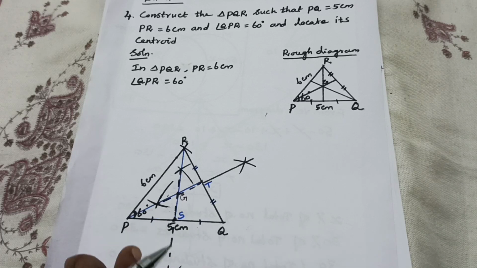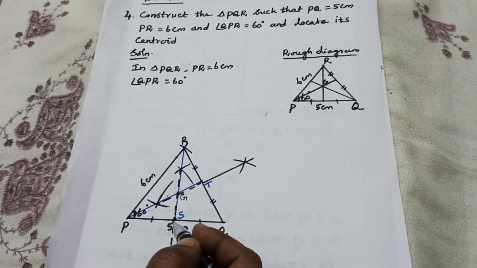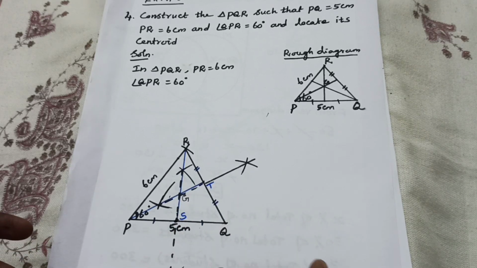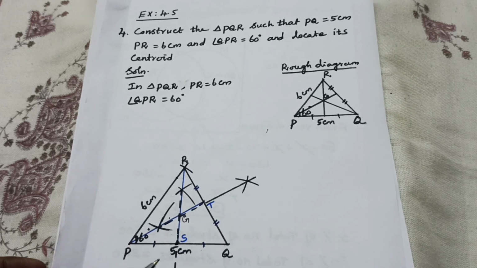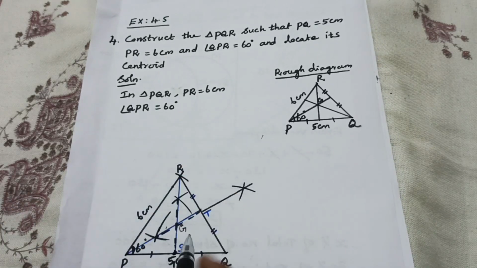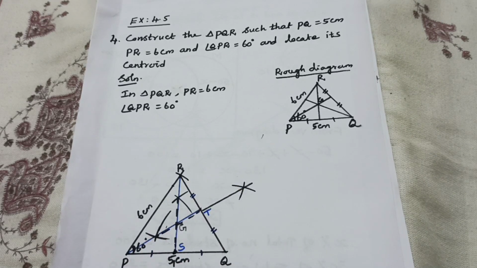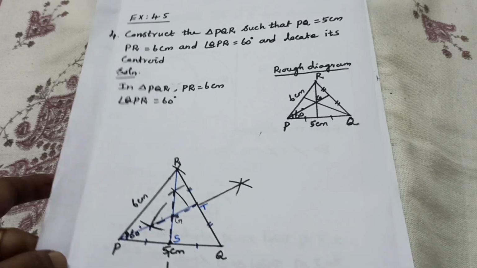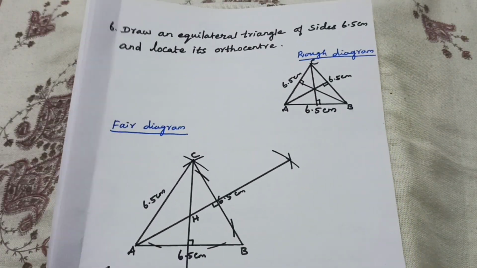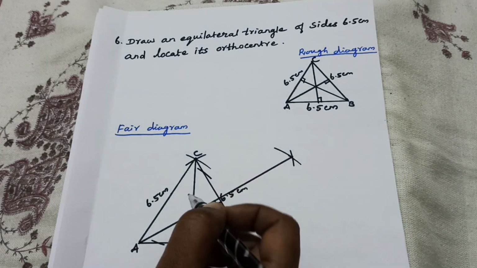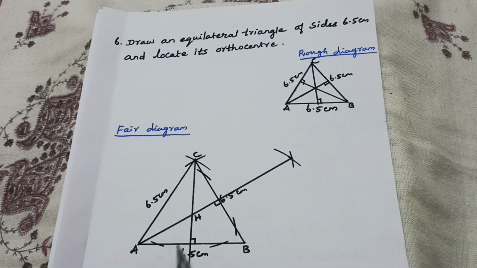Okay. Median means at once you find out the what? Midpoint. Okay, like that. Here this is the median, and then altitude, what's the difference between median and altitude? Median means at once you find out the midpoint, then through the vertex to this midpoint we have to draw the median, isn't it? Like that we have to find. Then orthocenter is the point of intersection of the what? Altitude, isn't it? Okay, altitude.